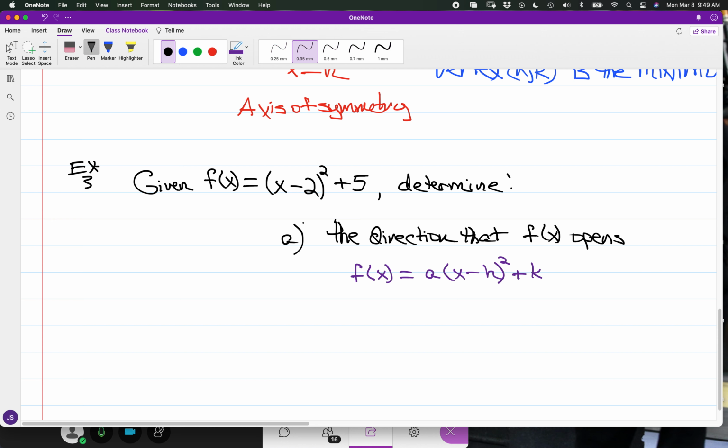Now for this particular function, f of x is equal to (x minus 2) squared plus 5. In this case, you don't have anything explicitly in front of the binomial, so a is going to be 1. So a is equal to 1,